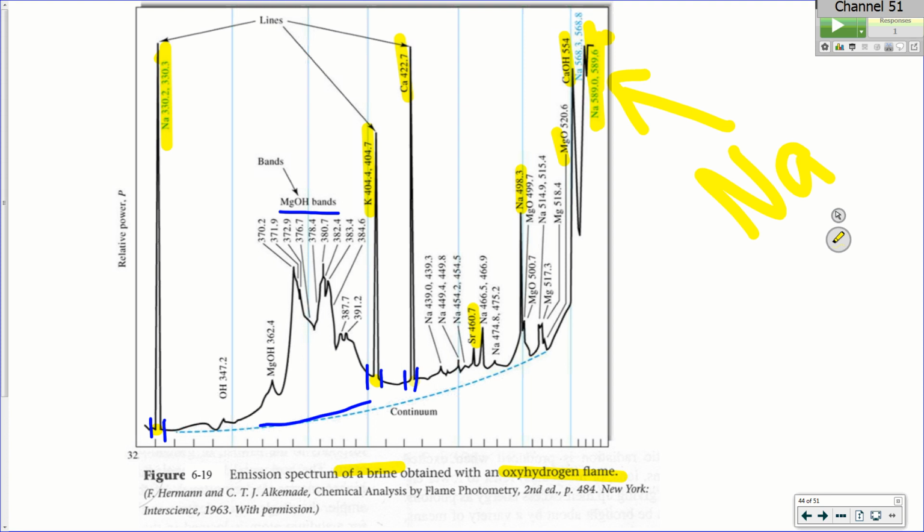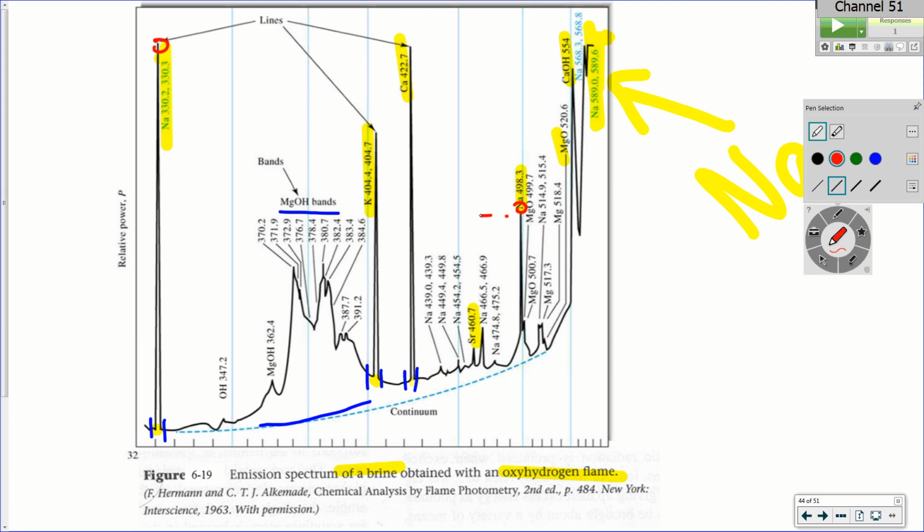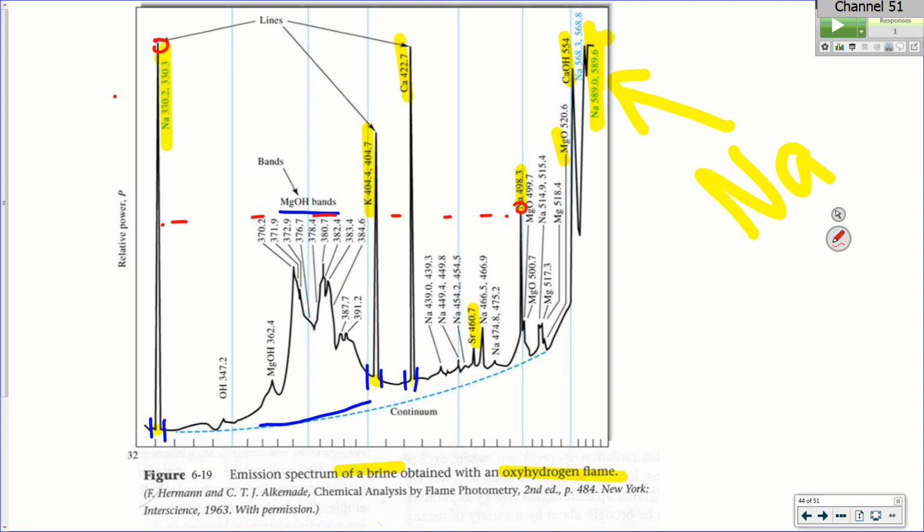But by looking at a couple of things, we can get some assurance of this data. What I mean is that if I'm quantifying this signal, I know that the ratio of whatever these two sodium signals should be, if it's a 2-to-1 ratio in the heights of those, that I could do a backup check. If I quantify with this one, and I might want to make sure that it's not being interfered with, it's a good signal, I could compare this signal at a little bit less than 500 and say, is it half the height? Okay, so it's a predictive spectrum.